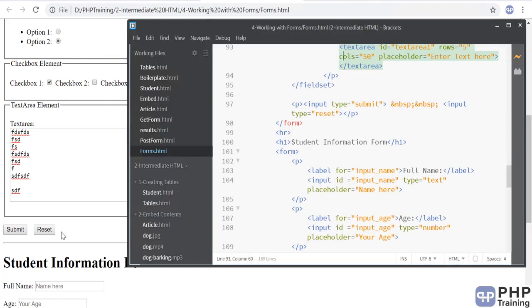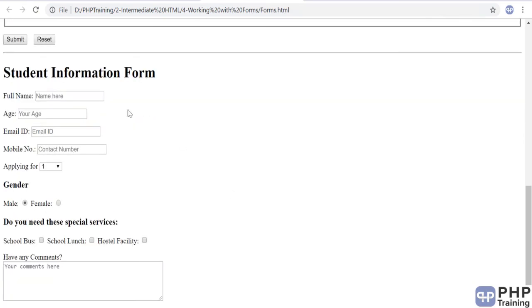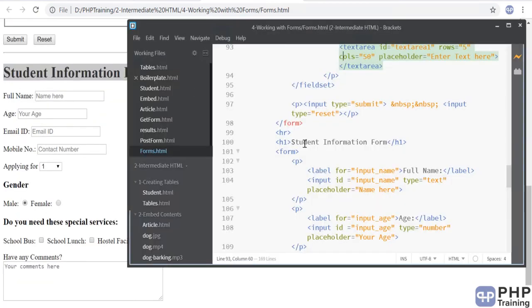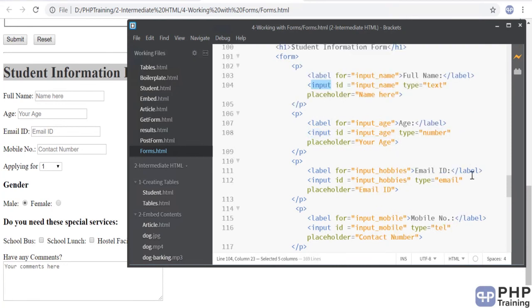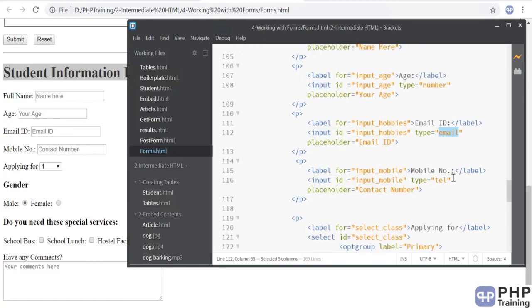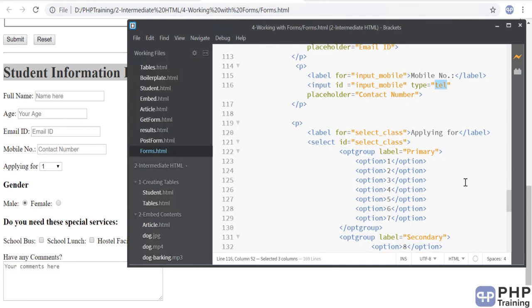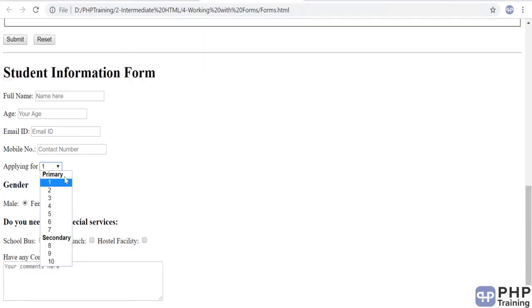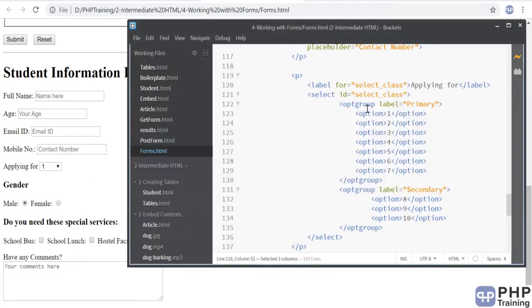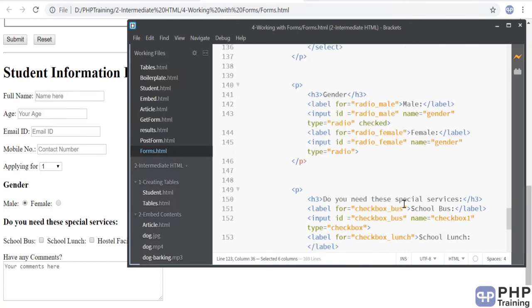Then you have the submit button, and here you have a student information form. Let's quickly review that. For name, you can use input with type text. For age, you can use input as number, and you can accept the email and telephone number. Then you have select, that's basically the options, and you can add primary and secondary as your option groups, and then options inside the option groups.